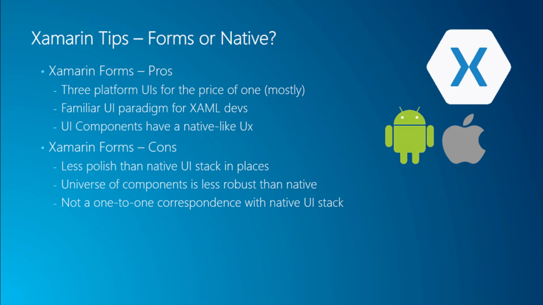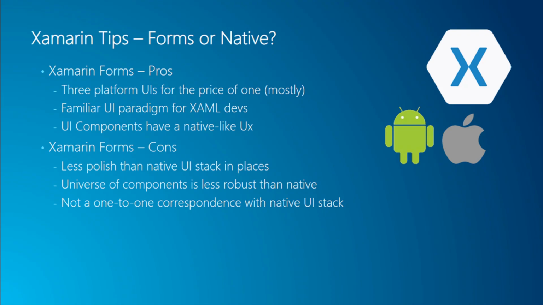Pluses and minuses to everything, right? So with Xamarin Forms, the obvious really good thing is you more or less get more bang for your buck. You get 3 platforms, iOS, Android, and UWP, for the price of 1. I say more or less because invariably you have to do an exception here, an exception there, because something behaves just slightly differently on one platform or another. So it's maybe 3 platforms for the price of